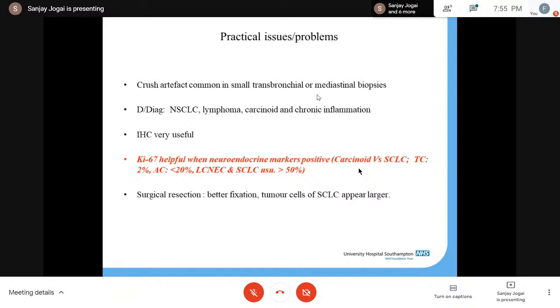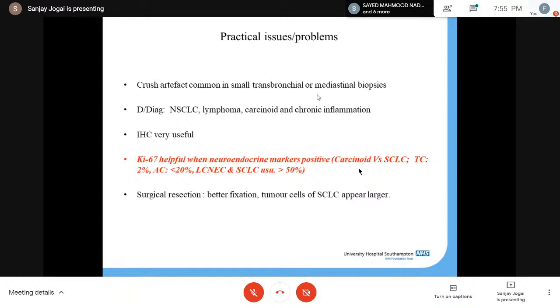Now a quick word about immunos here. From time to time we will come across cases which are both synaptophysin and chromogranin negative. They show a very high Ki67. In those instances, CD56, I feel in lung pathology as far as neuroendocrine tumors are concerned, that is the single most important area where CD56 plays a role. Because if you have negative synaptophysin and chromogranin, but you've got a positive CD56 with high Ki67, you can call it